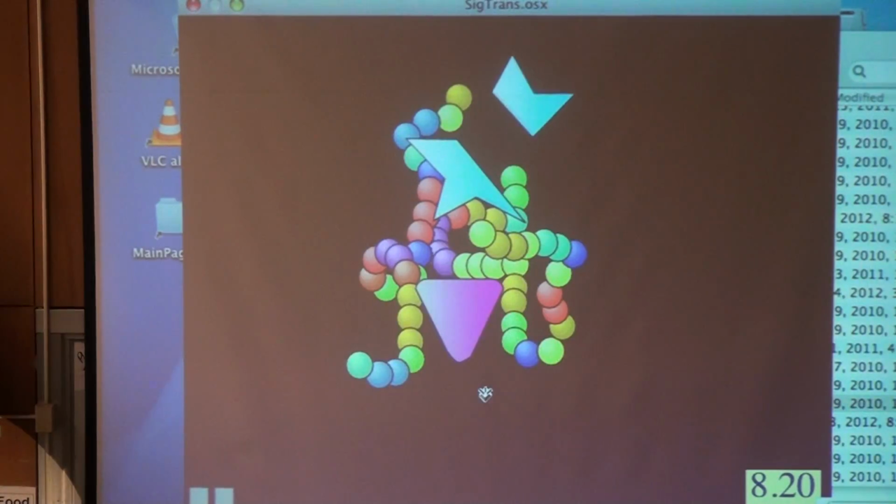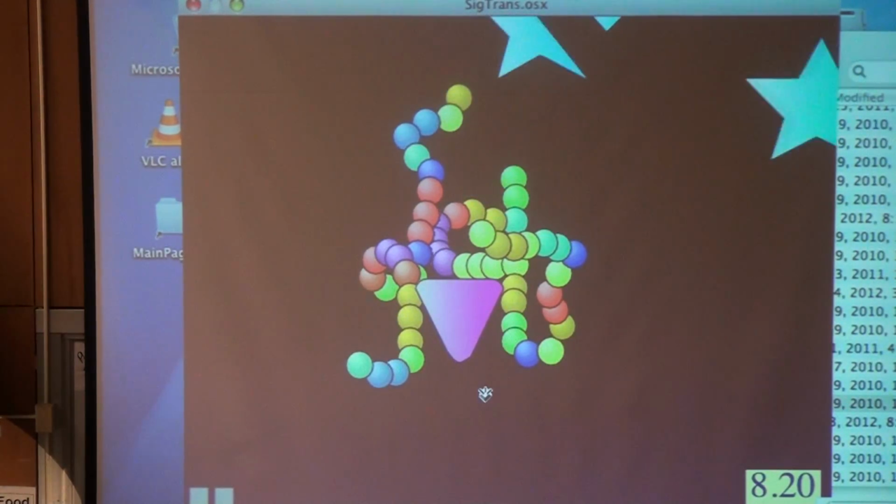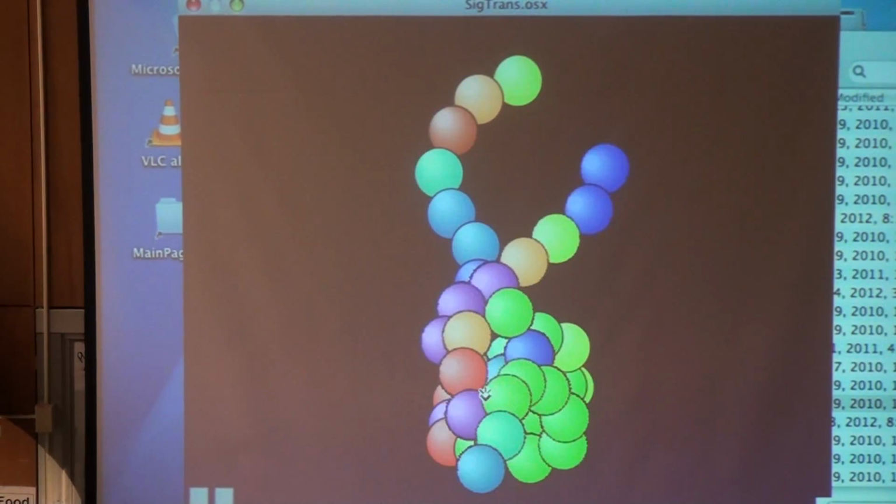Another way that an enzyme can be activated is through phosphorylation. Here's an example of that. Here's yet another enzyme where